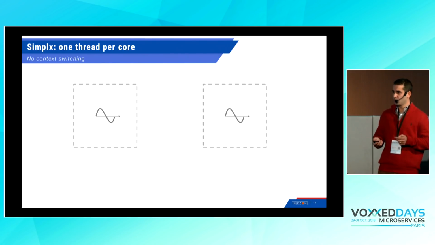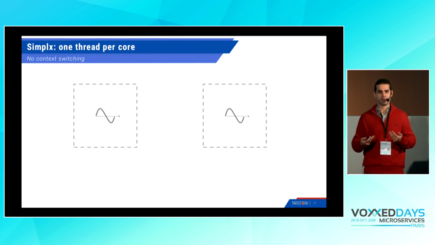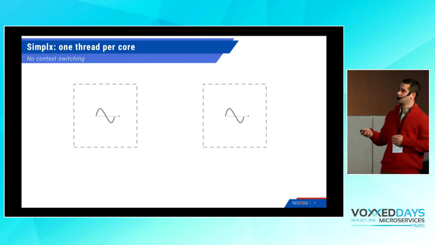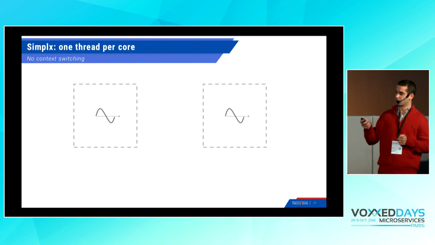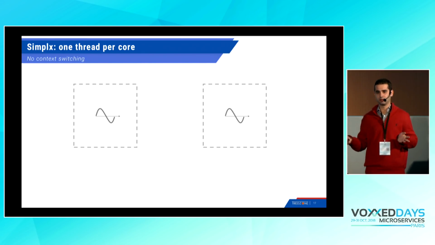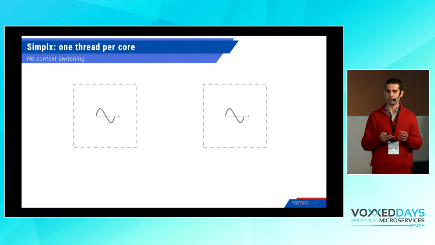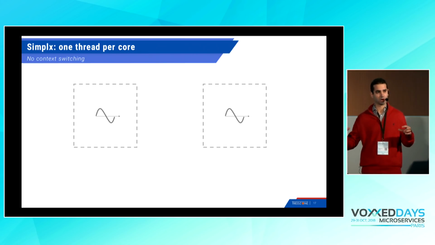The way we solved it at ThreadZone: we did not find in the literature a framework or runtime that helps us achieve these performance requirements. So we designed our own, and the principles of our framework are very simple, and they remove a lot of development complexity, as you will see later in the patterns. The first principle is: if multi-threading is a problem, let's do one thread per core. After all, multi-threading is a solution that was invented for multitasking on a single core. It was never invented for multi-core architecture.